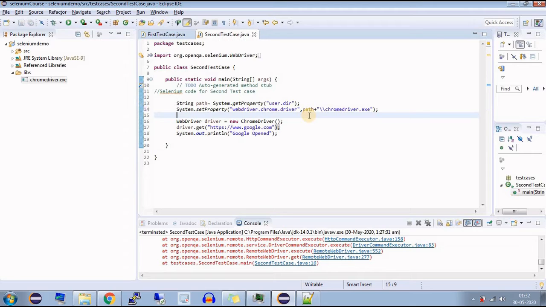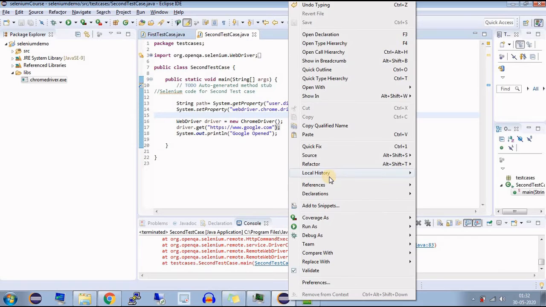So plus /libs/chromedriver.exe. So user directory plus the libs folder is my path for chromedriver.exe. Now the remaining code will be same. Let's try to run the program.